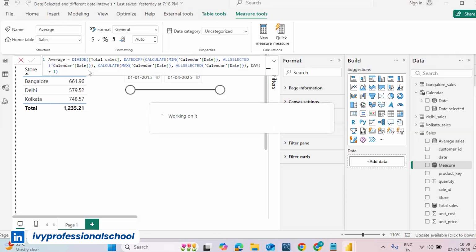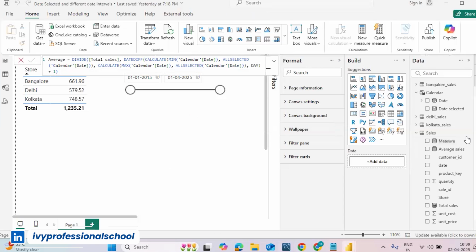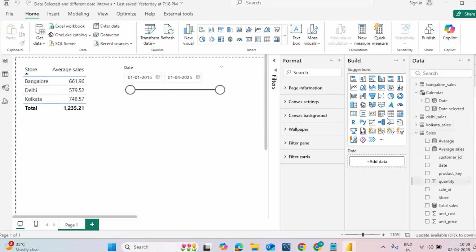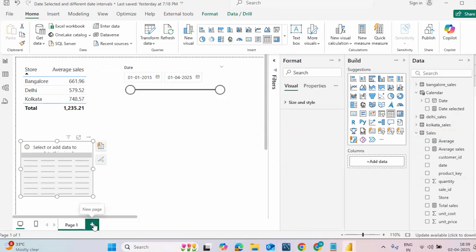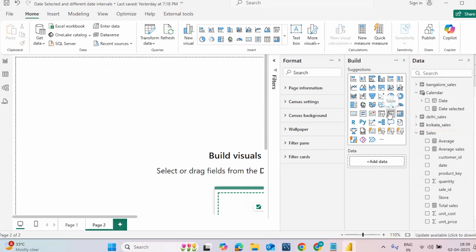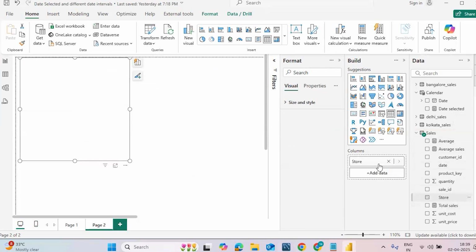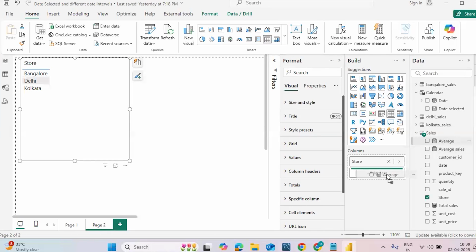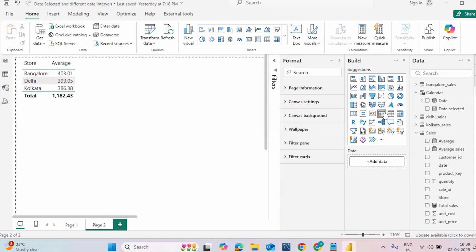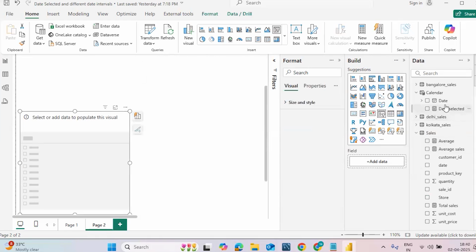Normally I would do that. But here, now I'm creating another table over here. Let's just create another sheet over here. Add a date. Here I will add the stores over here. And then I will add my averages, right? Now if I add the slicer over here for date,